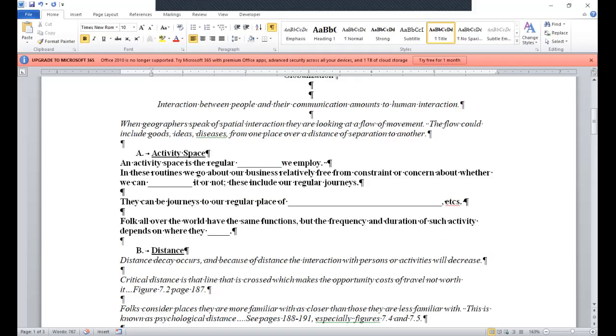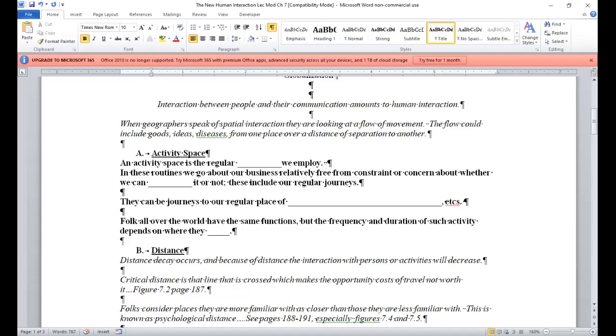Now, an activity space. An activity space is the regular routines that we employ. And you can turn to figure 7.6, page 192 to scope out a visual of that. So with activity space, in these routines, we go about our business relatively free from constraint or concern about whether we can actually perform it or not. And these include our regular journeys. I would say this too. You don't have to write it down, but